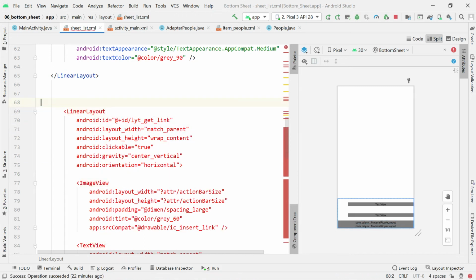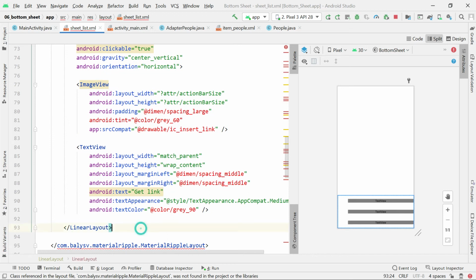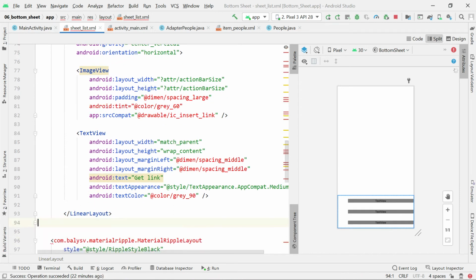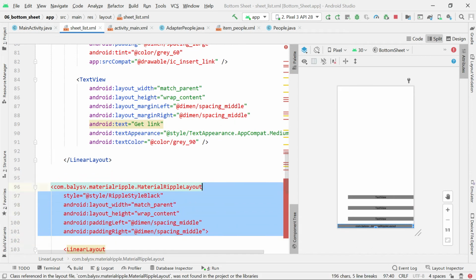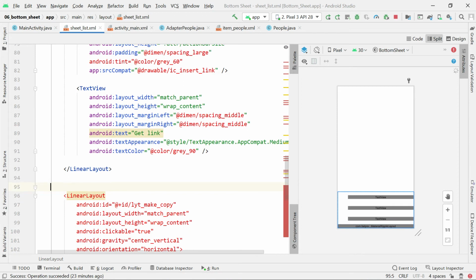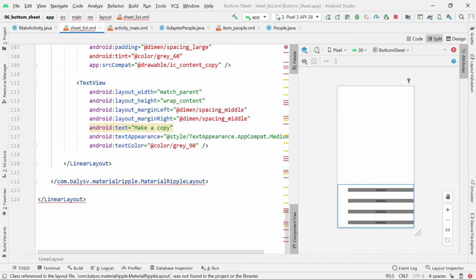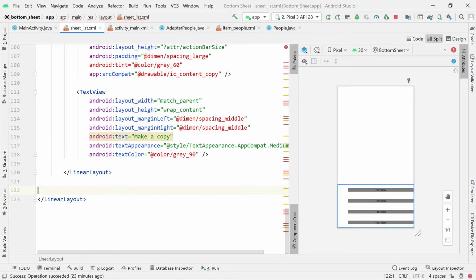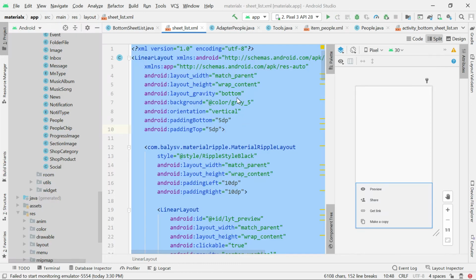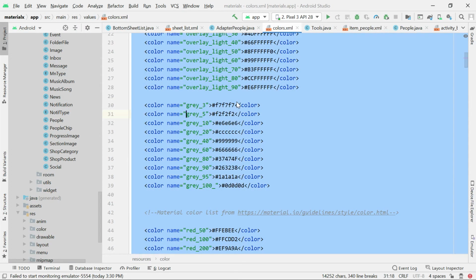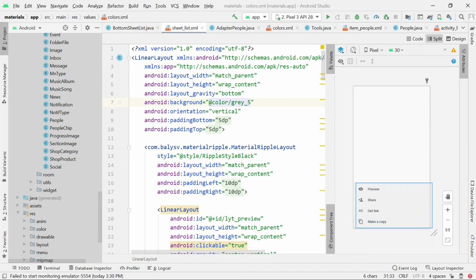I'll remove this material repo. They are just an external library that you're using in the other project, that's why. But it is just a layout that you want to display when someone clicks on the bottom sheet, when it's time to expand the bottom sheet. So this gray color, I can remove it, or I can just add it. Just come here and get this color. I've created it before, and just come and let me remove it.